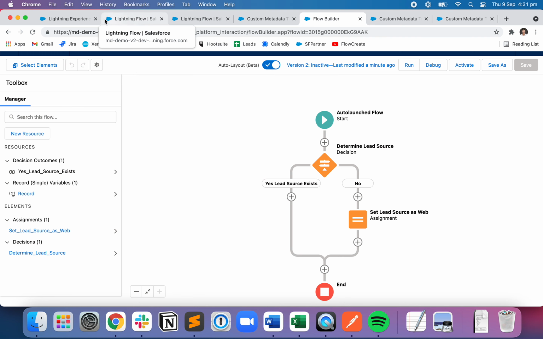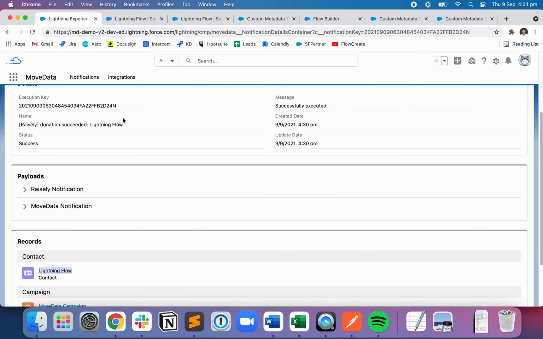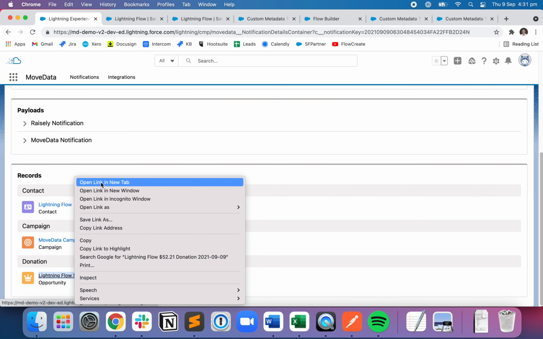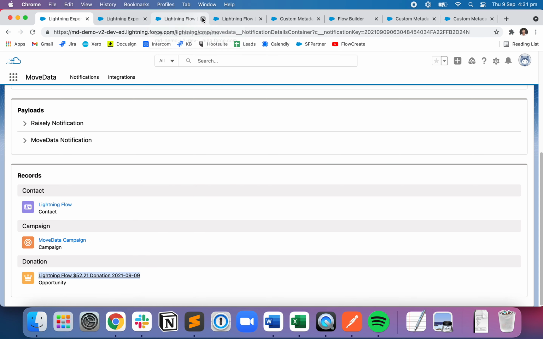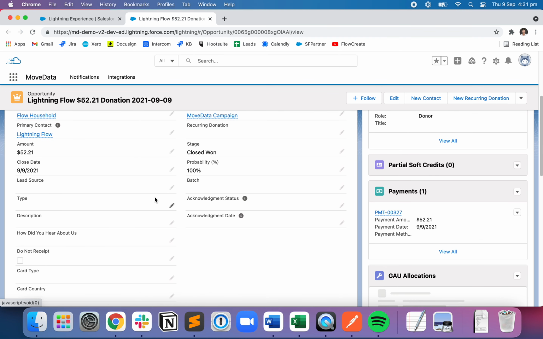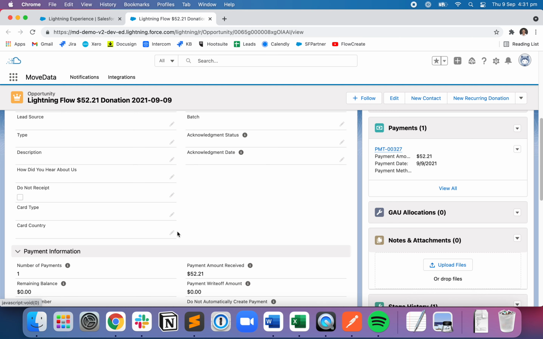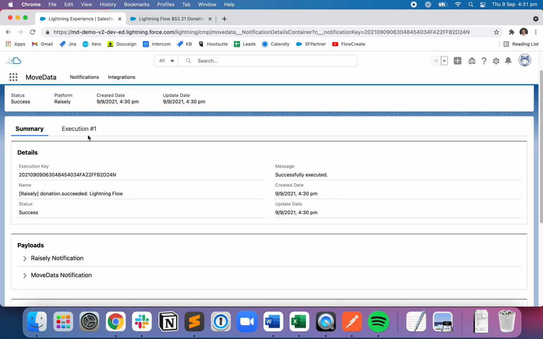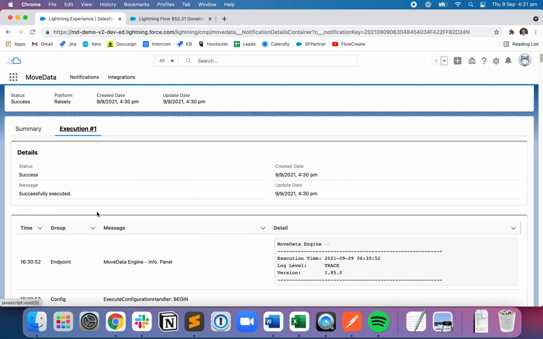Okay, cool. So the next example I'm going to do is use some of the data that's coming in from the source platform to set a particular value on a particular field. If I open up the opportunity record, I'll close the rest of this and click on details. You can see that I've got a field here for card country. It's just a plain old text field. So if we go into execution,